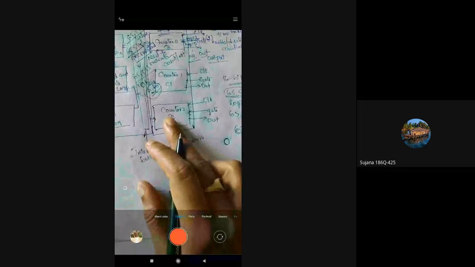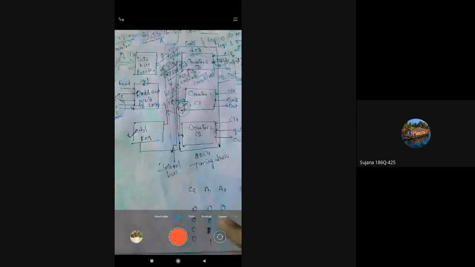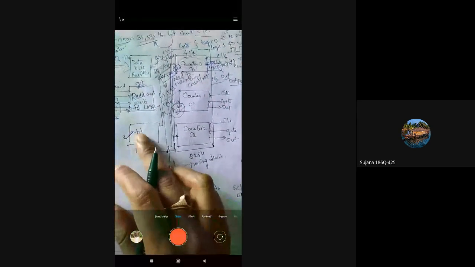If both A1 and A0 are 1 1, then none of these counters will be selected, and the data will be stored in the control register. Whatever data we want to use to set the count will be stored in this control register, so the control register gets selected.